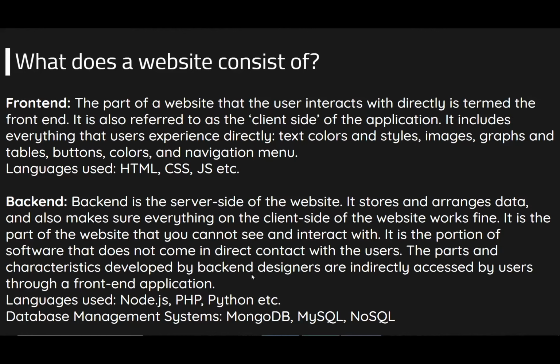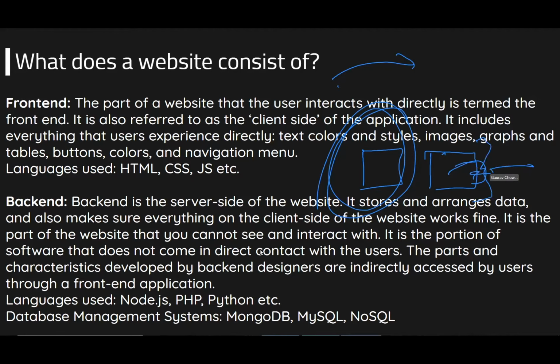So let's start with what's front end. When you look at a website, suppose you're going to a website, and this is the part that you're seeing. This other part is what is not visible to you. The part which is not visible to you is called the backend, and the front end is what's visible to you. Just think that you're talking to someone: the front portion is the front end, and the back which you cannot see is the back end. I guess this gives you a simple idea of what front end and back end are.